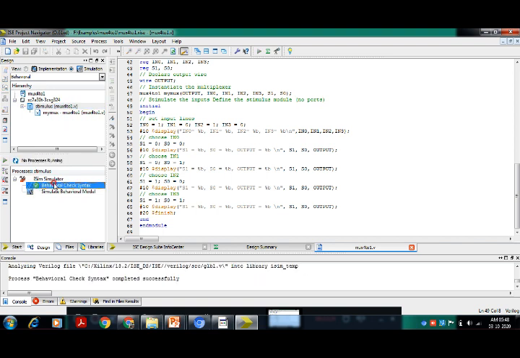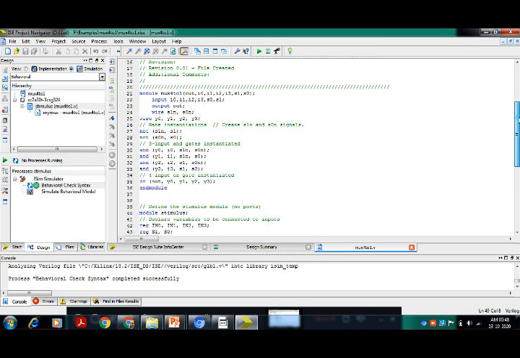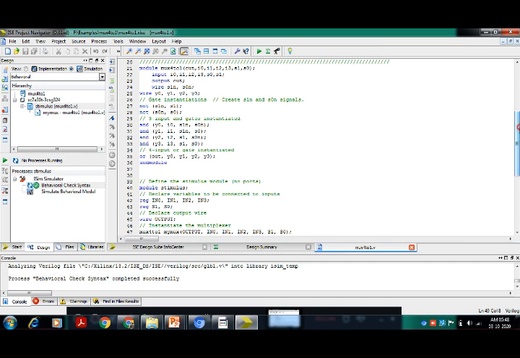We do behavioral check syntax. The order in which you are writing code, that means the module order, I am telling. First we have written mux 4 to 1, then module stimulus. You can write first module stimulus block, then module mux 4 to 1. That is also allowed. Order is not important. Since in module stimulus you have defined mux 4 to 1, it is automatically mapped. Stimulus will be your top level block, and within which my mux 4 to 1 module is attached. So it will get arranged on its own.